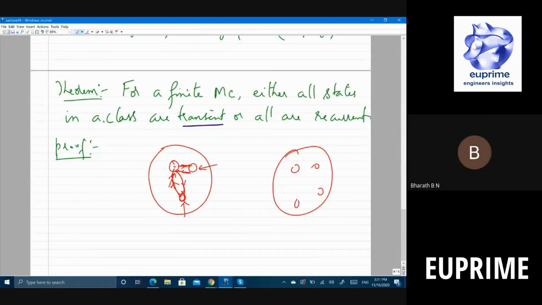Can you formally write this proof? Is that fine? So how do you prove that? What is the proof technique? You assume that one of the nodes is transient. I have to prove that all the nodes in the communicating class are transient. Now you arrive at a contradiction. Suppose not. So there is one special node, let's say this node, which is not transient. That means it's recurrent. So what